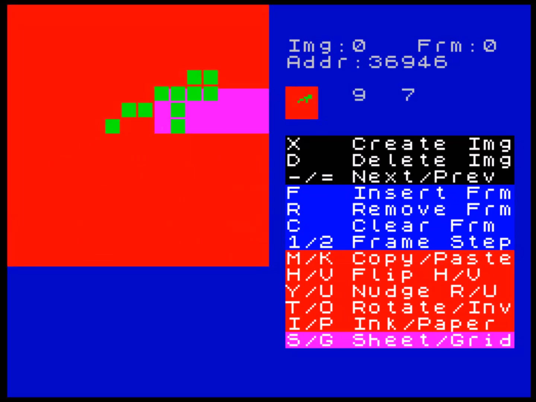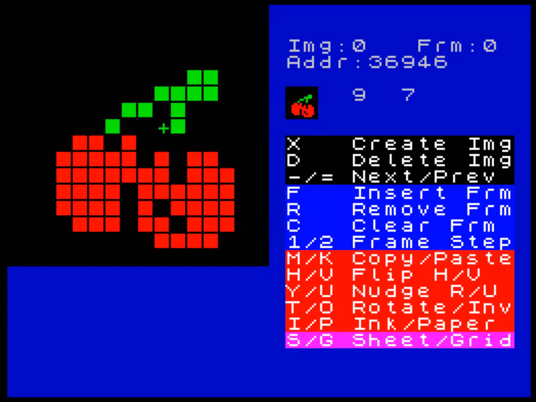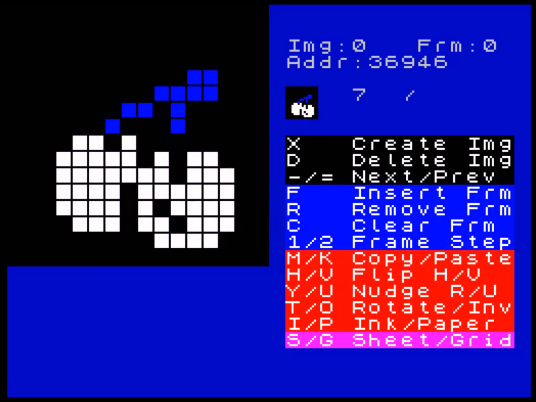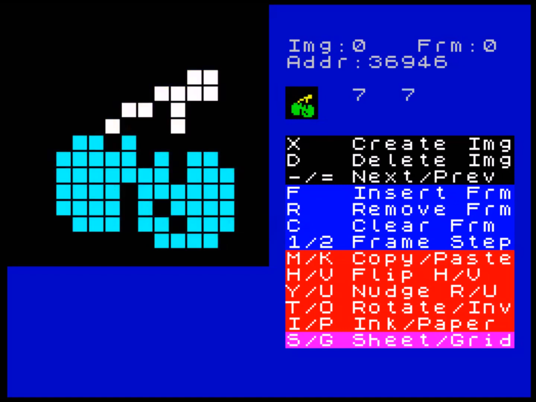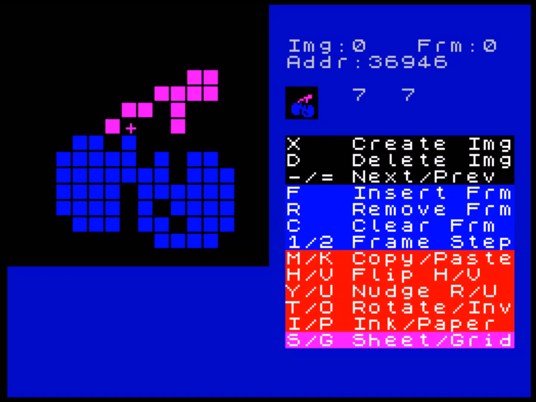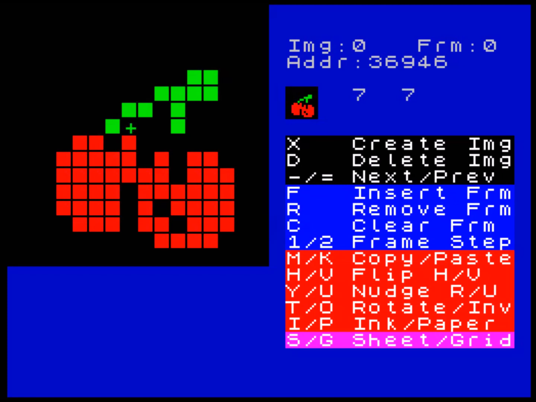And the other thing is that if you now press paper, as you can see, it's independent of the ink, so you can cycle through different papers. And also if you have different inks, you can color cycle through and try different combinations of colors like that as well. Okay, so we'll put this back to how it was, and now I'll show you the other feature that I've added,